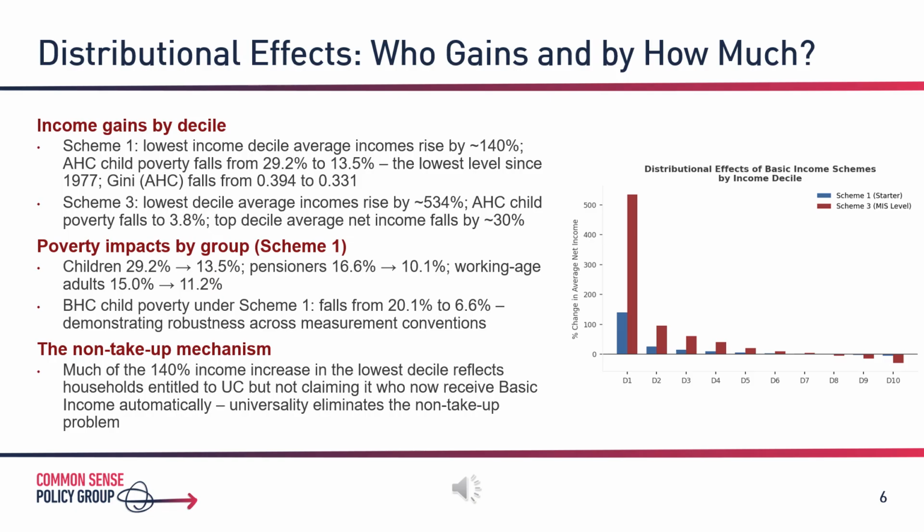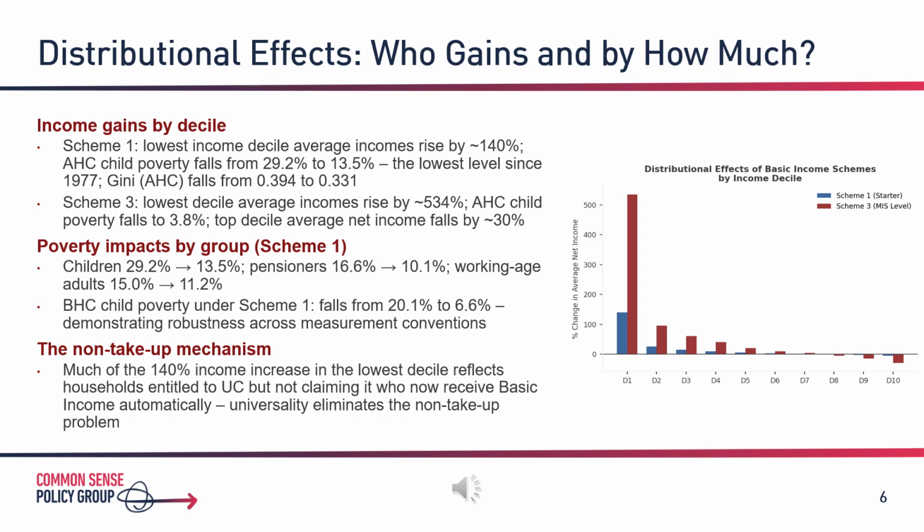Some households in the lowest decile have very low recorded incomes, precisely because they are entitled to universal credit but are not claiming it. When basic income replaces UC for their income category, they automatically receive the payment. There is nothing to claim, no application to complete, no stigma to navigate. The universal design of basic income is therefore not just philosophically attractive, it is distributionally powerful through the mechanism of